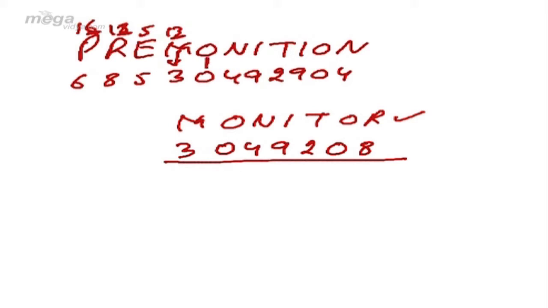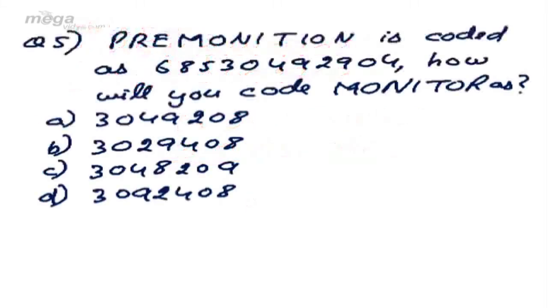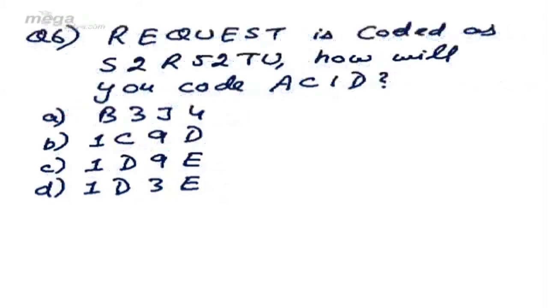But here the logic changes. O is letter number 15. Technically 5 should be written, but 0 is written. Therefore, why 0 is written? Because 5 was already given to some other letter, and therefore the logic changes. So in such type of questions, we need not find out any logic. Straight away we can do copy and paste, and the answer becomes A part. Therefore answer is A.